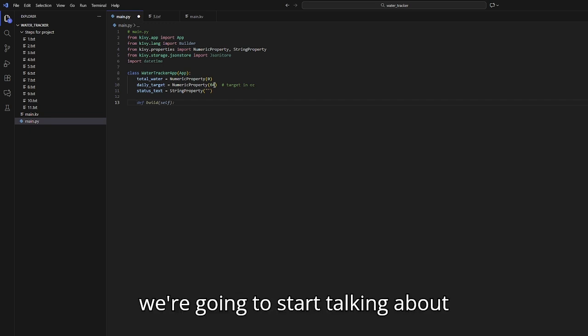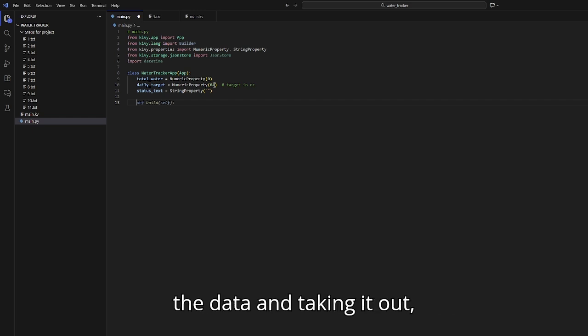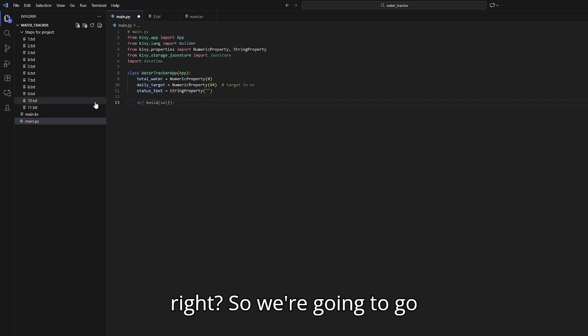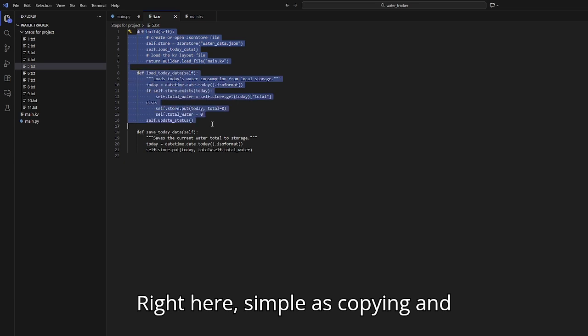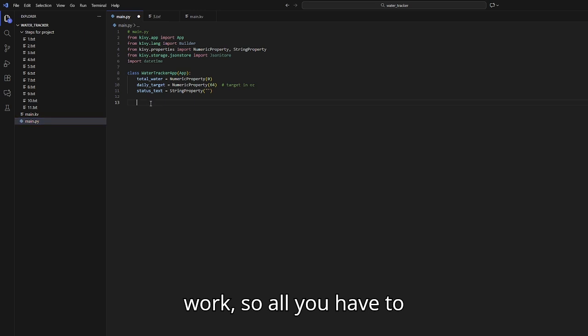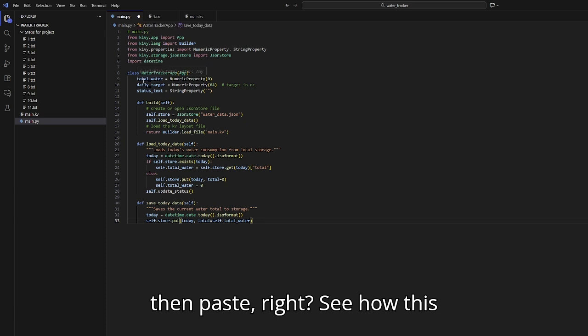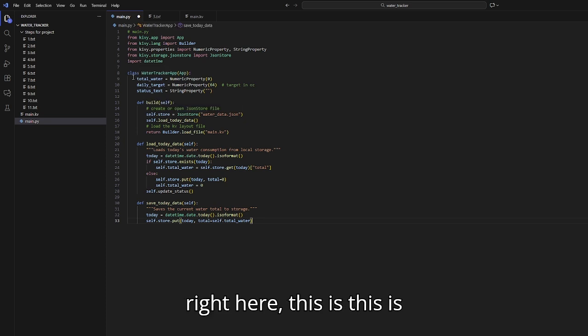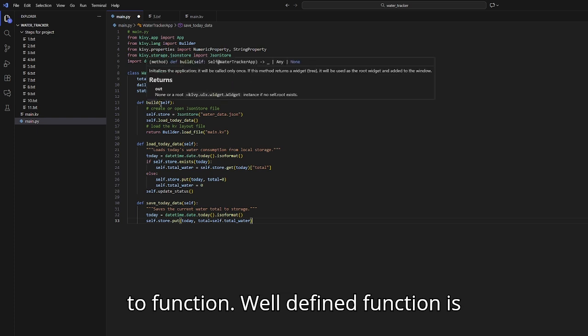So now we're going to start talking about the build class or build function, loading the data and saving the data. We're going to pull that up right here. It's as simple as copying and pasting. I've already done all the hard work, so all you have to do is copy and then paste. See how this right here is class, and this is defining a function. What is defining a function, Josh? Well, defining a function is pretty much